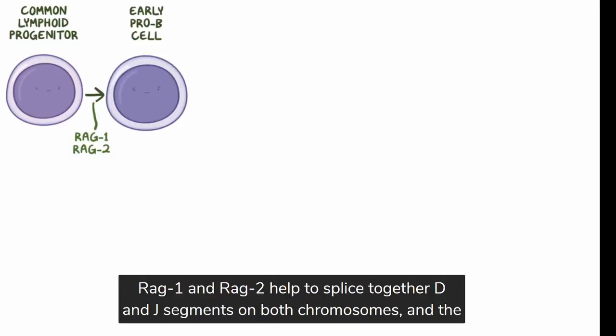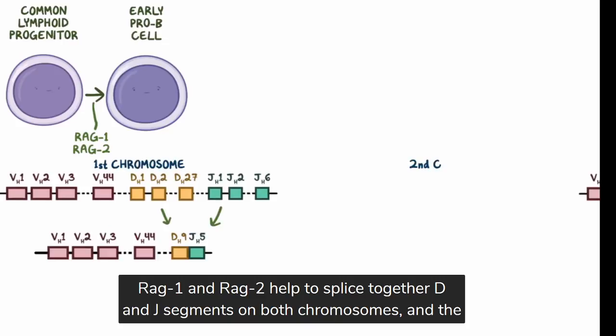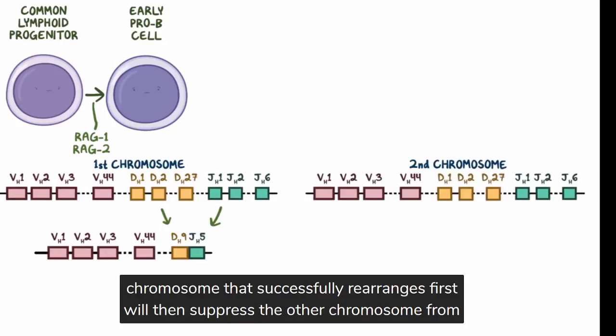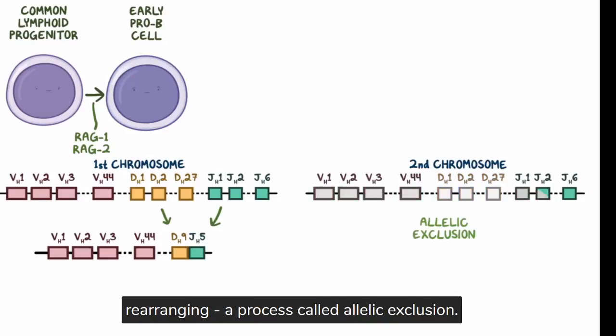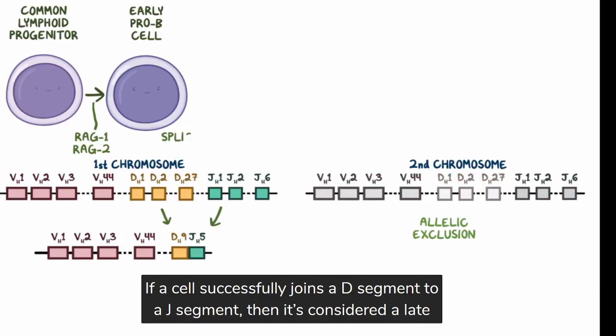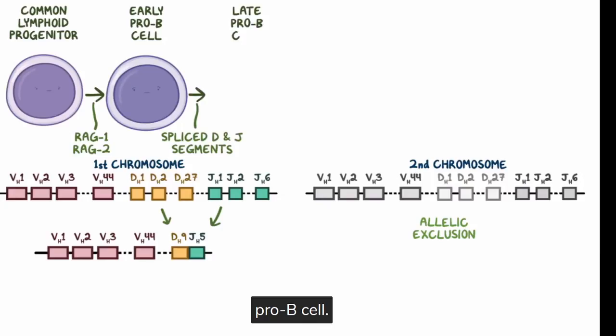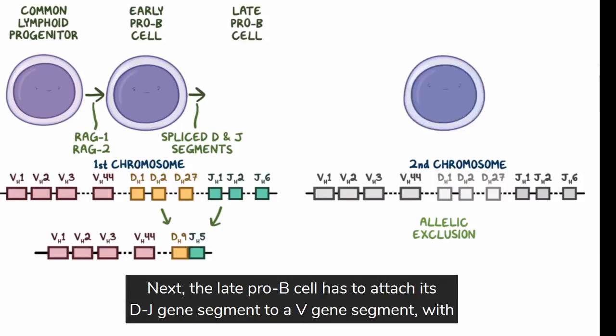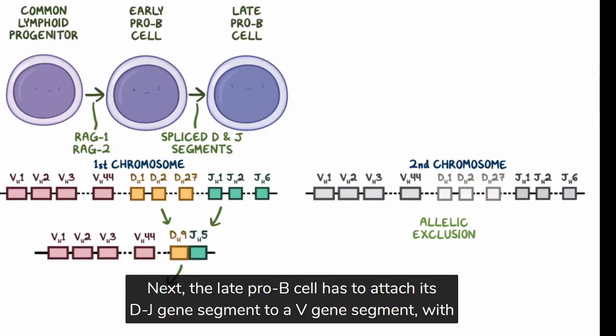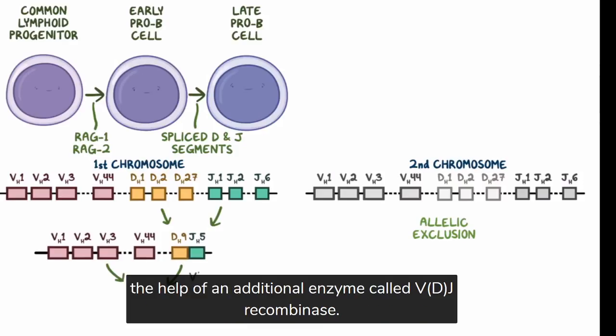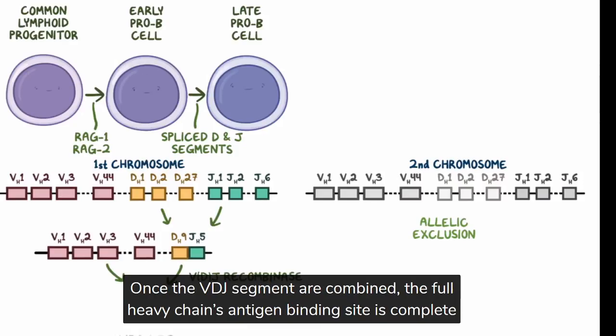RAG1 and RAG2 help to splice together D and J segments on both chromosomes. And the chromosome that successfully rearranges first will then suppress the other chromosomes from rearranging, a process called allelic exclusion. If a cell successfully joins a D segment to a J segment, then it's considered a late pro-B cell. Next, the late pro-B cell has to attach its DJ segment to a V gene segment, with the help of an additional enzyme called VDJ recombinase. Once the VDJ segment's combined, the full heavy chain's antigen binding site is complete, and needs to be recombined with the mu gene,